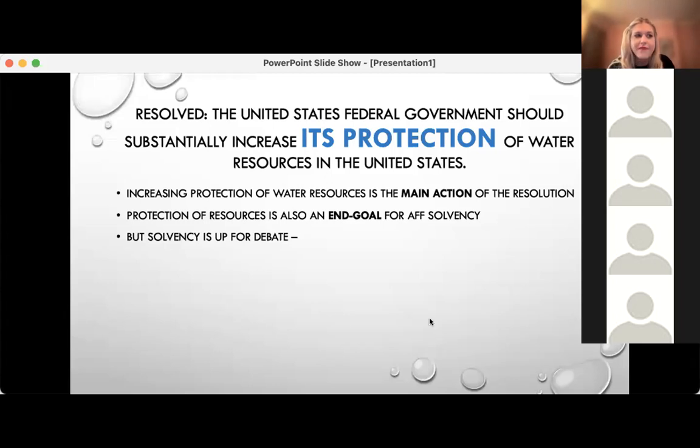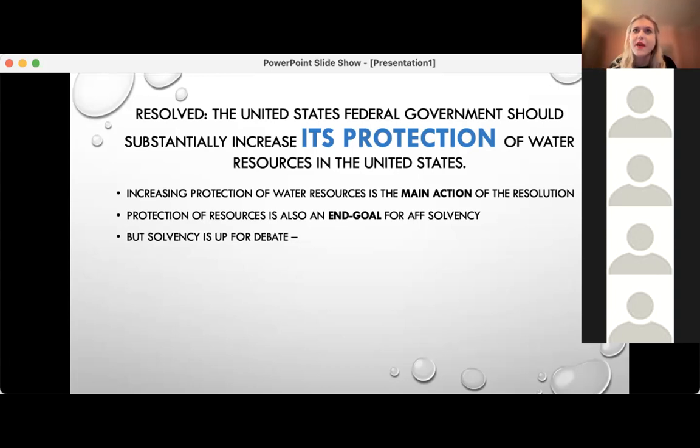It can't just be that the aff is protect all water resources and the only neg ground is, you know what, it would be horrible to protect water resources. Water, we don't need water. The negative would never be able to win if it was just, should water resources be protected? Yes or no, right? The debate would be lopsided, because as we can see, the definition of water resources is things that are useful. So obviously it helps to protect things that we need or want, but protection